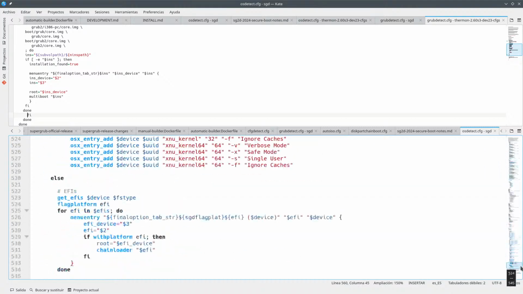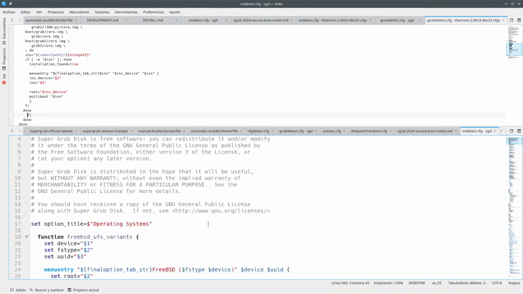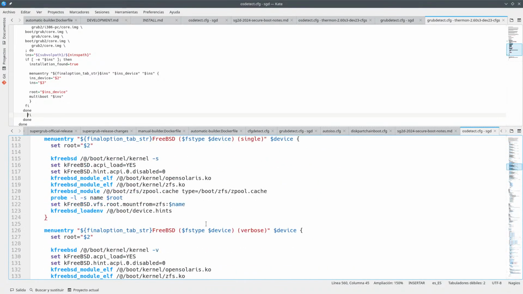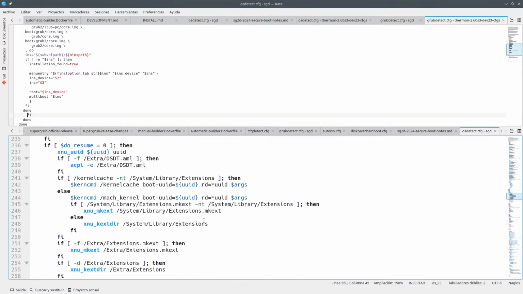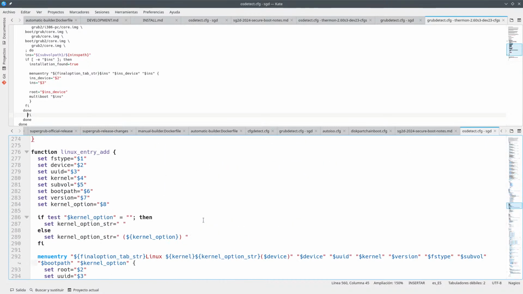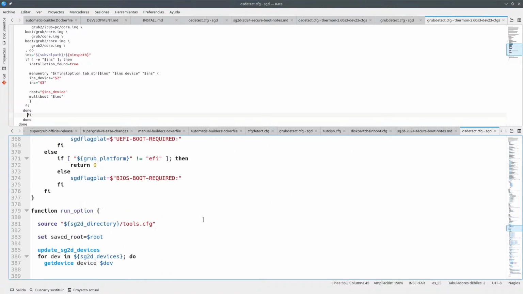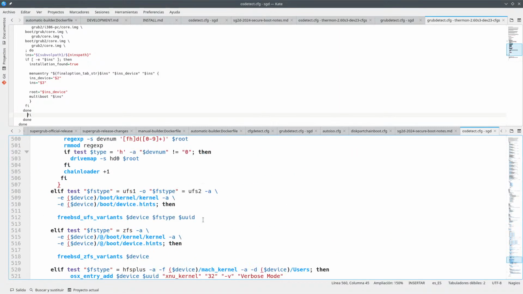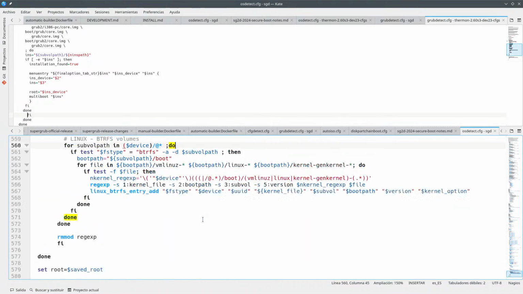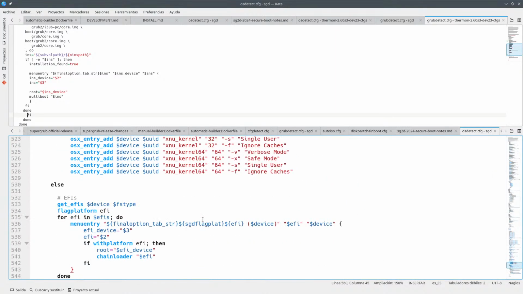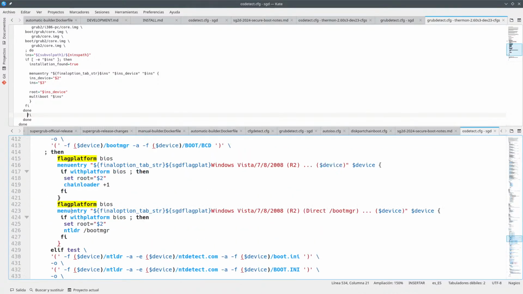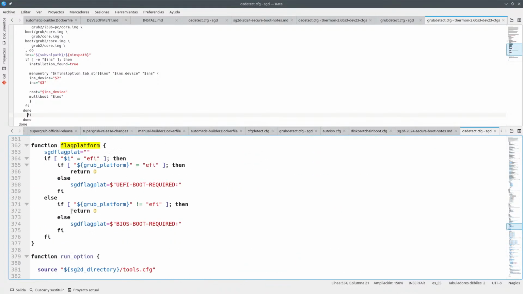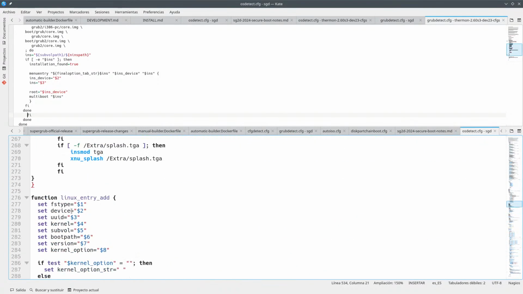Here you can see how we use some file somewhere, you know, flag platform thing. It's a function here, but